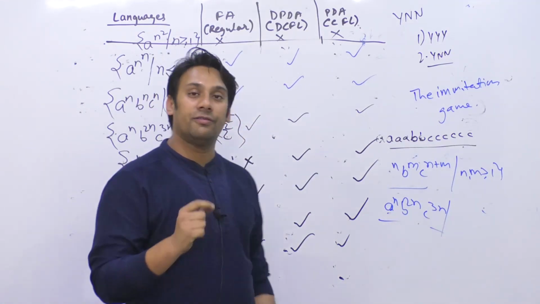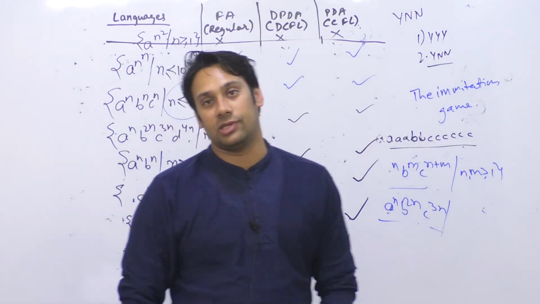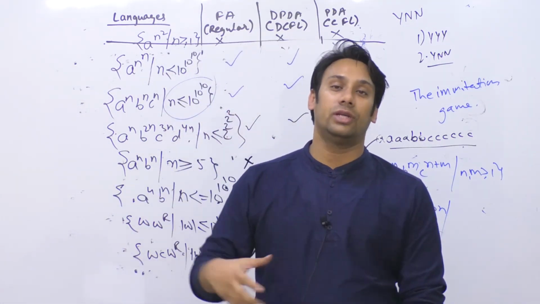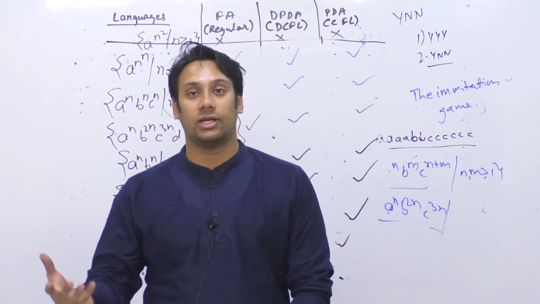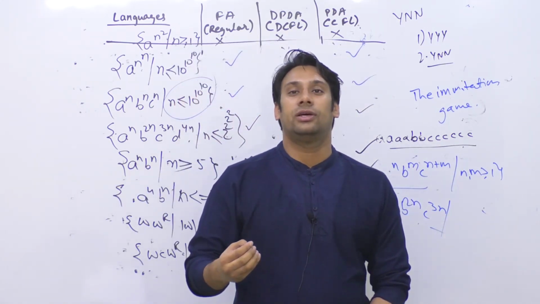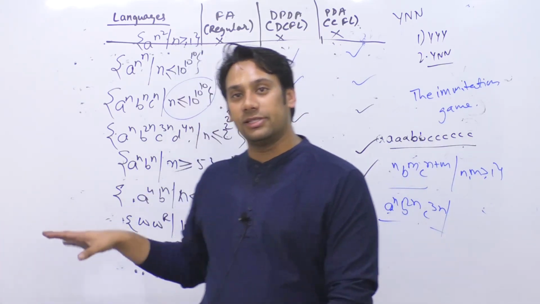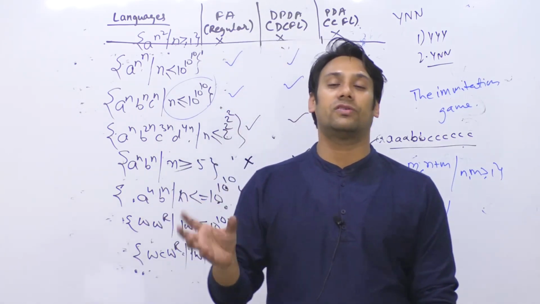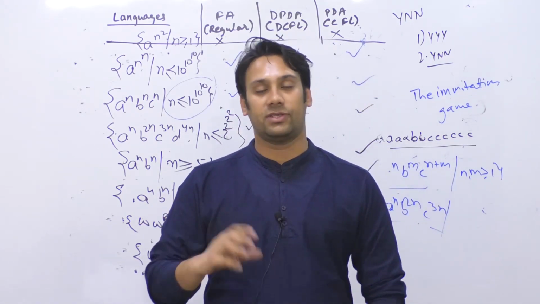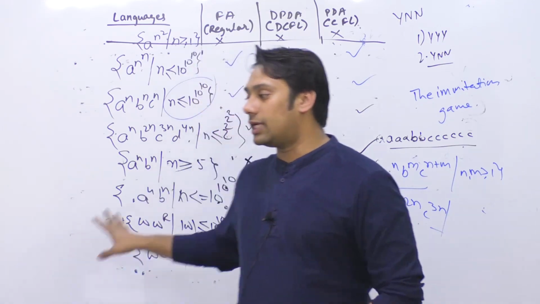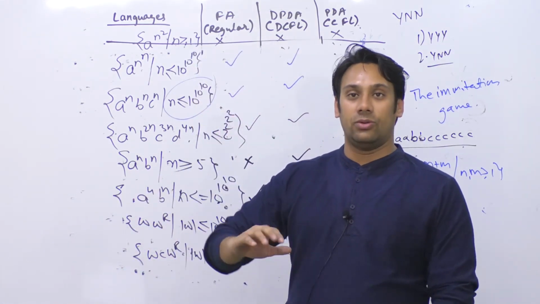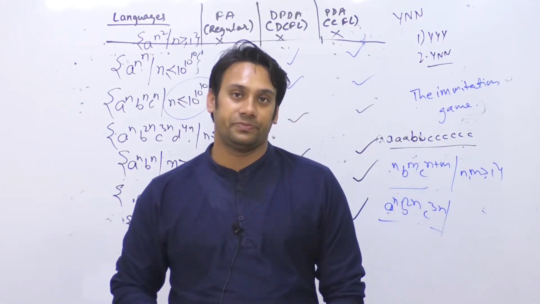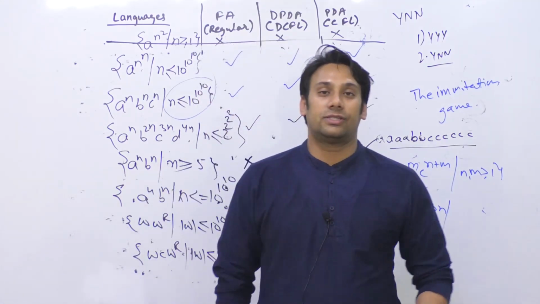Now this is the point where you can start solving previous year questions. Before this point, to solve the questions, you needed a lot of background knowledge. Now you got some background knowledge, and after studying till this pushdown automata, you will be able to solve 10 to 20% of the questions asked in the previous year question papers. Now after 2 or 3 more classes, you will be able to answer 70 to 80% questions. Okay. So this is the fact, right?